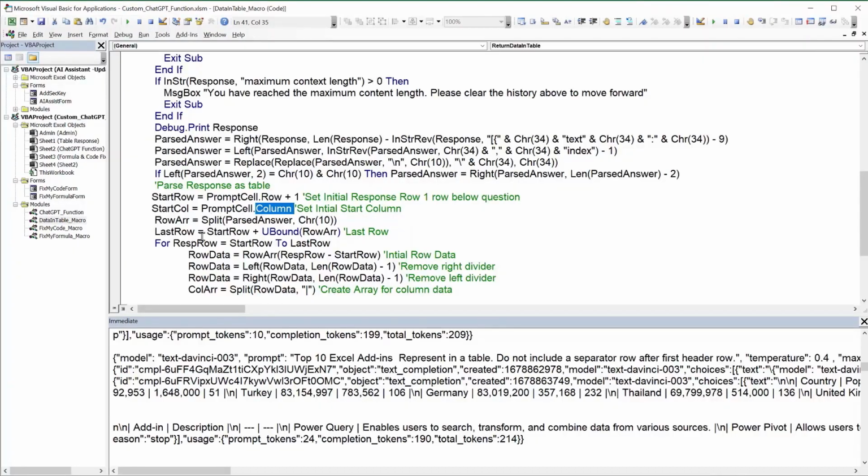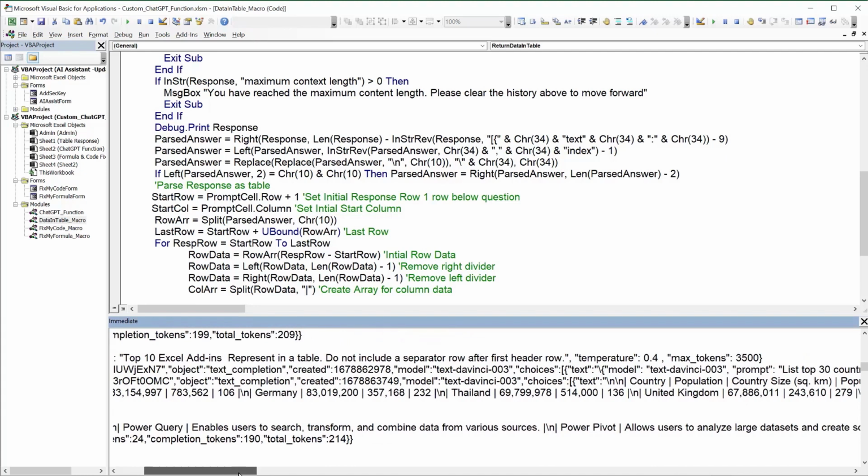Let's continue our code. We understand the start column and start row. Now we want to create an array. I need to know how many columns there are. How do I know what's a column? Now remember, look at these results when they come. You see that every time there's a new row,